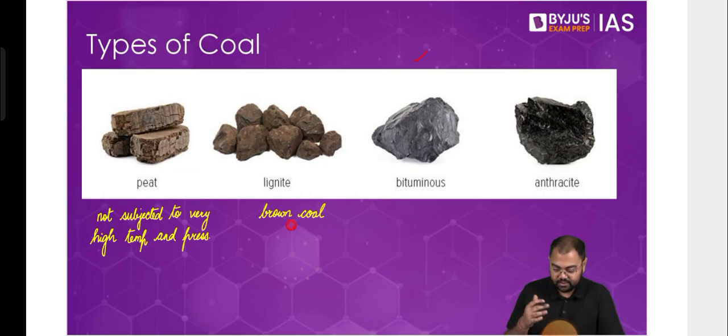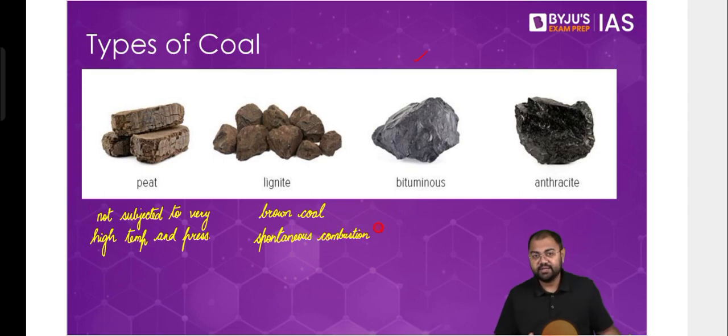One thing about lignite is that it can undergo spontaneous combustion. Just remember this property. So what is spontaneous combustion? It is when combustion happens on its own. So what happens in case of coal many times, especially whenever you have lignite, is that it might lead to spontaneous combustion of the coal. Many times this spontaneous combustion, or catching fire on its own, can happen whenever coal resources are exposed to air or oxygen. So if you remember, we had discussed in the fuel when we were discussing scramjet, that only having the fuel is not enough.